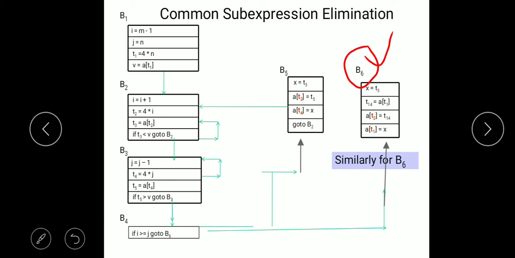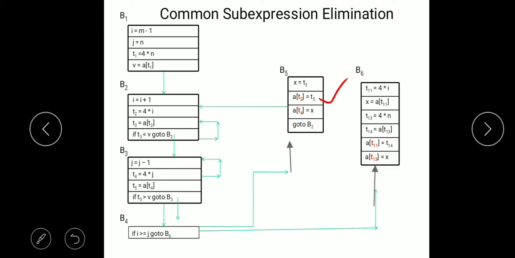Okay, how? You can see here in B6, 4 into I is a common subexpression. Why is 4 into I a common subexpression? Because it is already being computed here in B2.